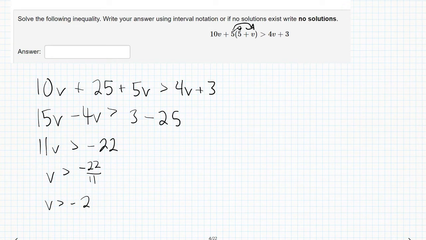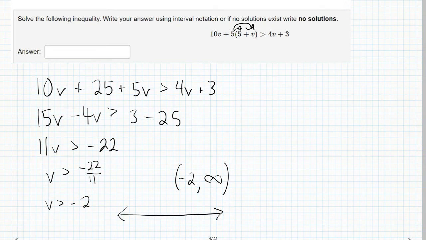Another way for us to write this, oftentimes we have to write in interval notation. So notice v is greater than negative 2, so that means we have negative 2 as our starting point, and we go all the way to positive infinity. Now if you struggle to see that, what I'd strongly suggest doing is taking a number line, put negative 2, put your open circle there. Now which direction, if v is greater than negative 2, for example,